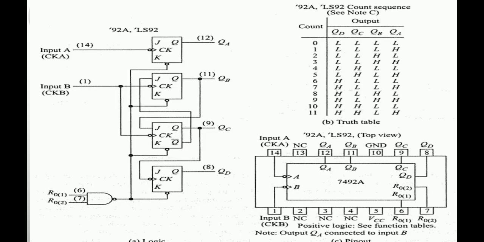On the other hand, if the clock is applied at input A and QA is connected to input B, we have a 2 into 3 into 2 mod 12 counter. The proper truth table for the mod 12 configuration is shown in figure B. Again, this must be considered as not a synchronous counter since all flip-flops don't change states at the same time. Thus, there is the possibility of glitches occurring at the outputs of any decoding gates used with the counter.